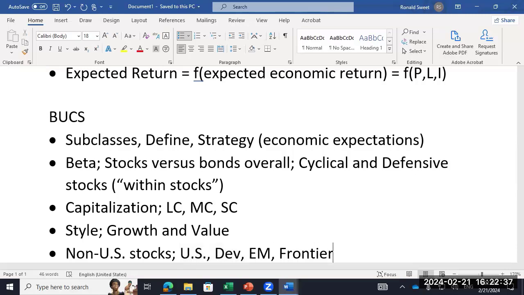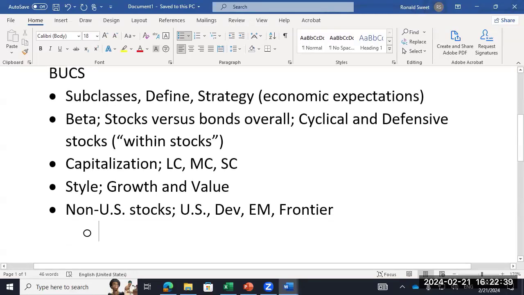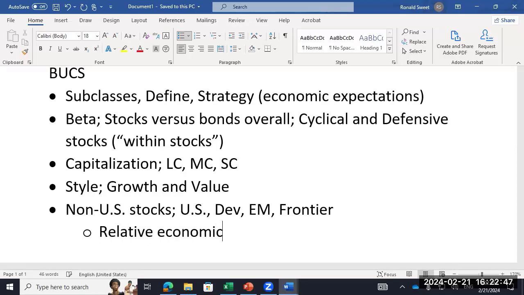So here the thing is, if I expect a strong economy, well, that doesn't help you. So here we're talking two things. This is really important. Two things here. The relative economic growth. So obviously, if you think Europe's going to do better economically than the U.S., you want to be in Europe. If you think emerging countries are going to do worse than the U.S., you want to be in U.S. and not emerging. So it's relative. What else would be relative? There's two things here. Relative economics and relative